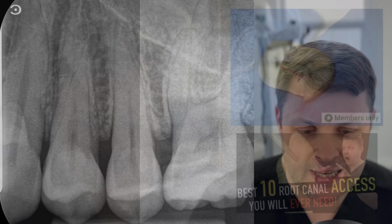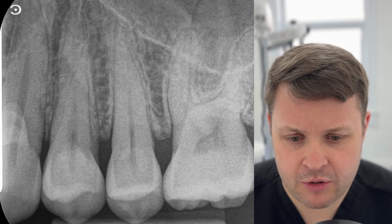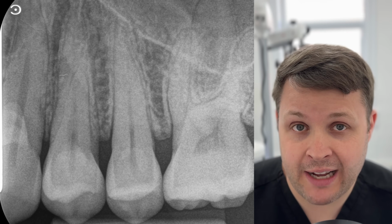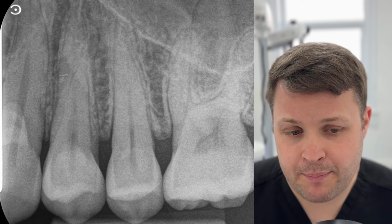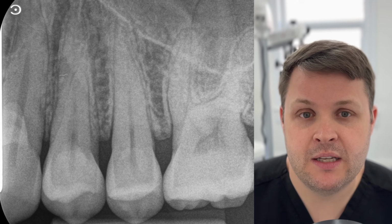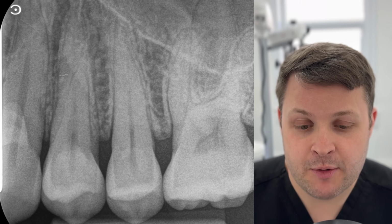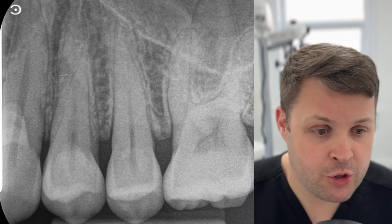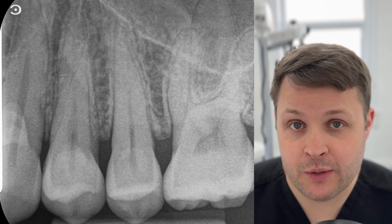So we'll get in with the case. Weirdly enough, this is actually a case of an upper left 5. I work in a few practices, but in one of the practices one day we had a patient who was in pain and their normal dentist wasn't in, and I got to see them. When she presented to me, the buccal wall of this upper left 5 was missing, although after all the special tests, clinically we checked as well,